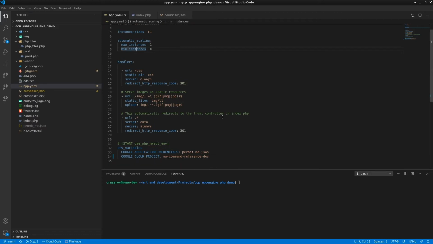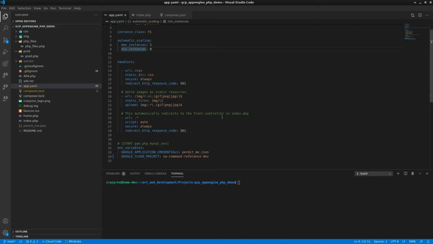The next category of elements is handlers. Handlers is a list of URL patterns and descriptions on how a request should be handled. App Engine can handle URLs by executing application code or by serving static files that are uploaded within the code, such as images or CSS or JavaScript.